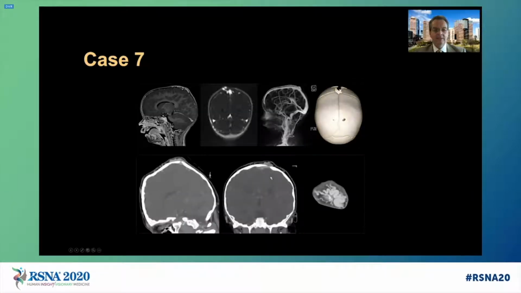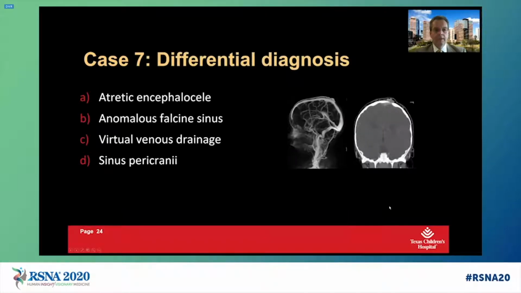Next case, two cases, an MRI and a CT. You see here some kind of vascular structure sitting on this MRI superior to the area of the superior sagittal sinus, and it appears to go through the skull. In this other case also, it appears to be a defect in the skull allowing vessels to extend into the subcutaneous tissue. Is this an atretic encephalocele, an anomalous falcine sinus, a virtual venous drainage, or